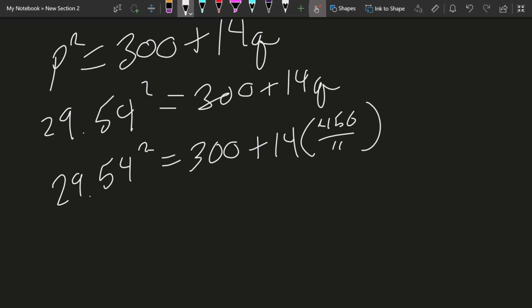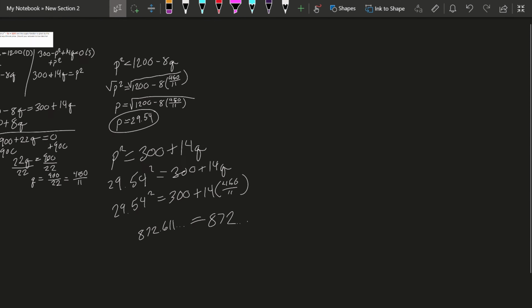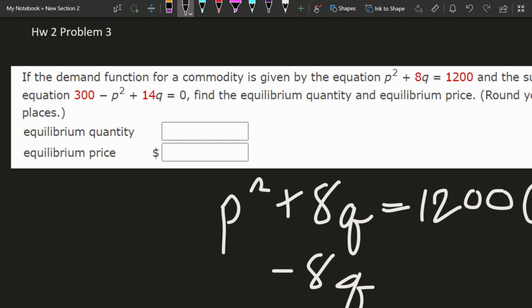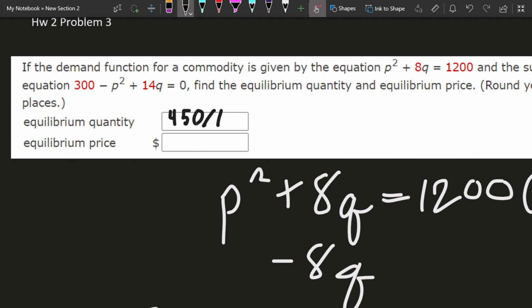When you do the p squared, you get 872.611... So now, when you do the other side, 14 multiplied by 450 divided by 11, you get the same 872. So we checked both our p and q. So the equilibrium quantity is going to be 450 divided by 11, or if you have a calculator with you, that value is 40.90, and our equilibrium price is our p, which is